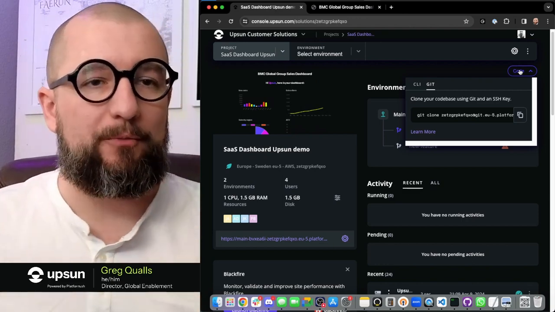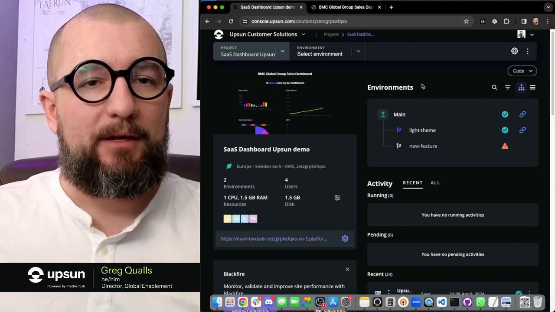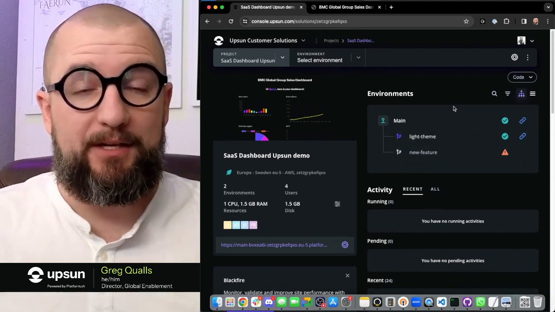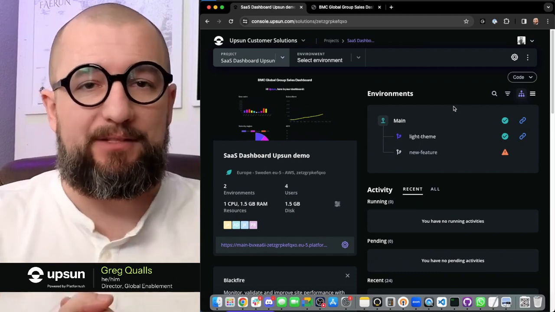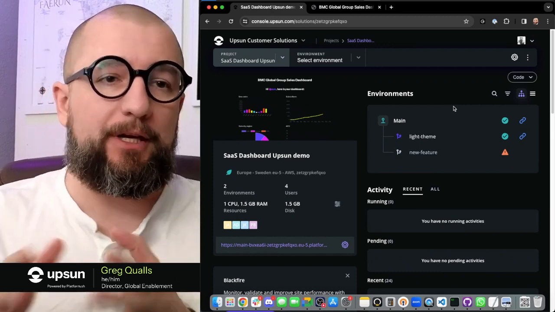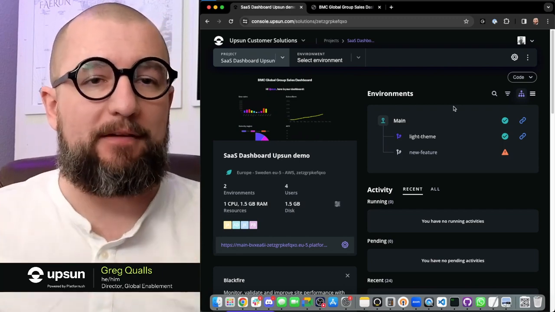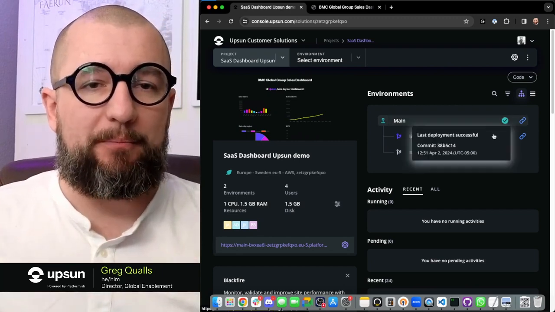If that's what you're more comfortable with, you can find it all here. All right, you're now going to see the list of current environments. Upsun is Git based, so this should reflect your Git repository. You'll see here all of the branches that you have, and then if there's a little green checkbox over here